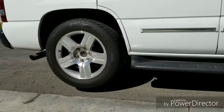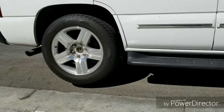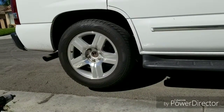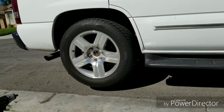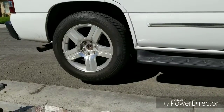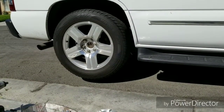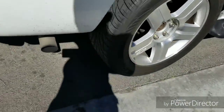Also, you can step on the parking brake or emergency brake, whichever one you want to call it, and it'll lock the rear wheel. So if you raise it in the air, you can still loosen the lug nuts while the vehicle is in the air. But I'm just used to loosening them while it's on the ground. So I already loosened the lug nuts. I raised it in the air, and just to show you,